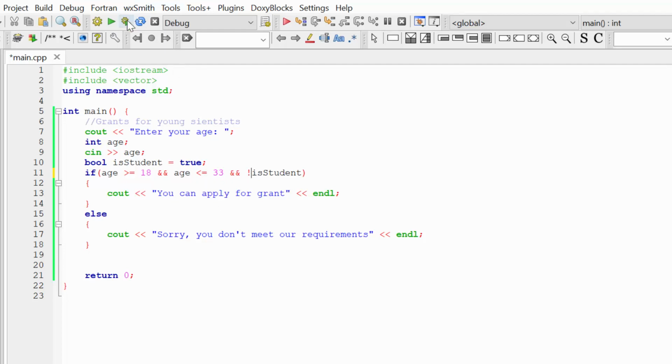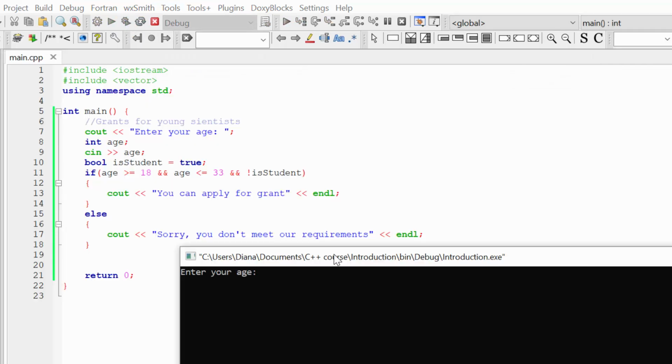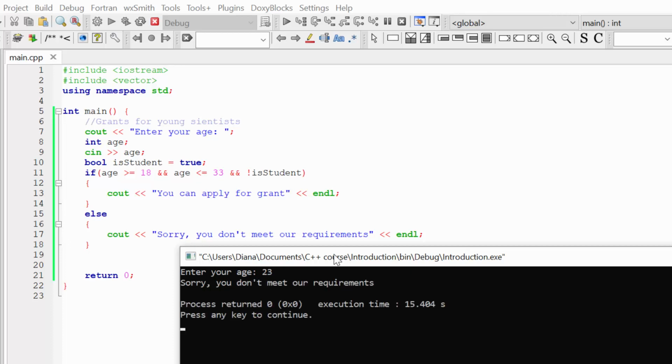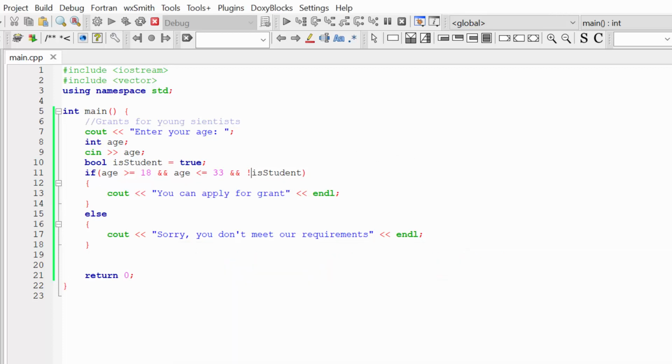Let's now execute our program and enter your age. Even if I enter some age that satisfies our age boundaries, you can see the result: sorry, you don't meet requirements, because now we actually have three conditions. First one is true, second one is true, but not is student is false. So the entire condition is false, and the result is sorry, you don't meet our requirements.